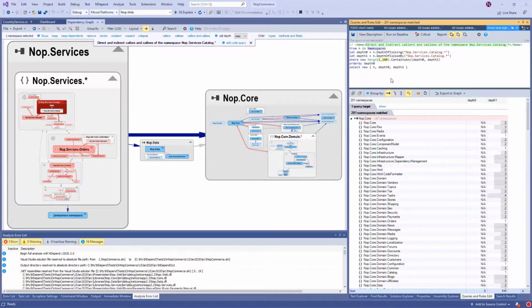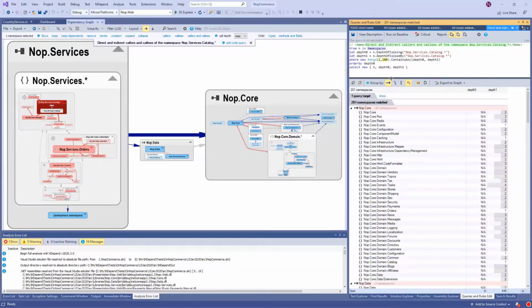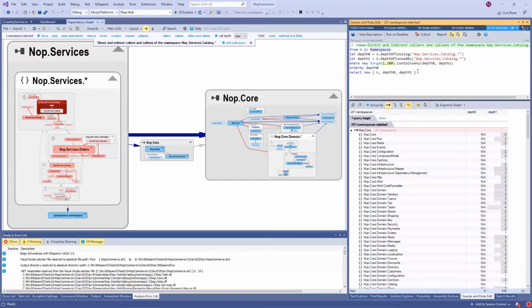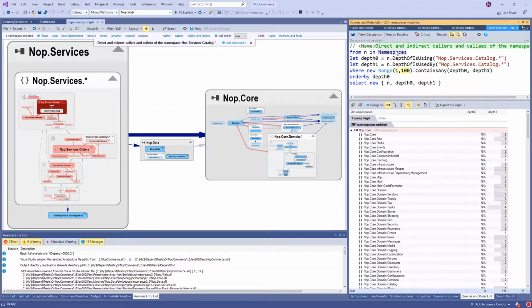Okay, and code query is something which is very important in NDepend because this is really the backbone of the tool. Here basically you can see a C# LINQ query, quite readable. And actually, with a query, we can directly query the NDepend code model.